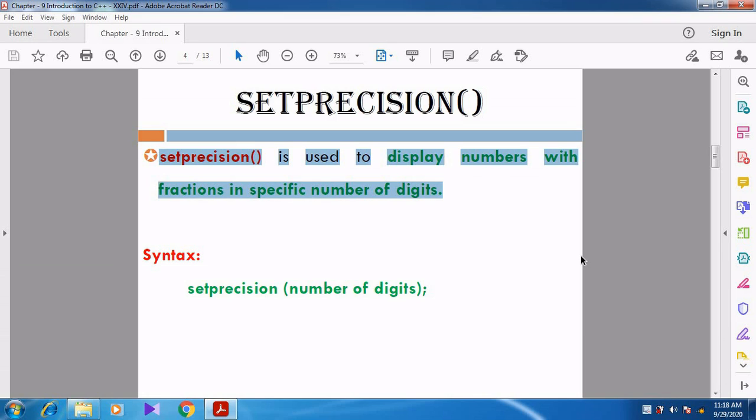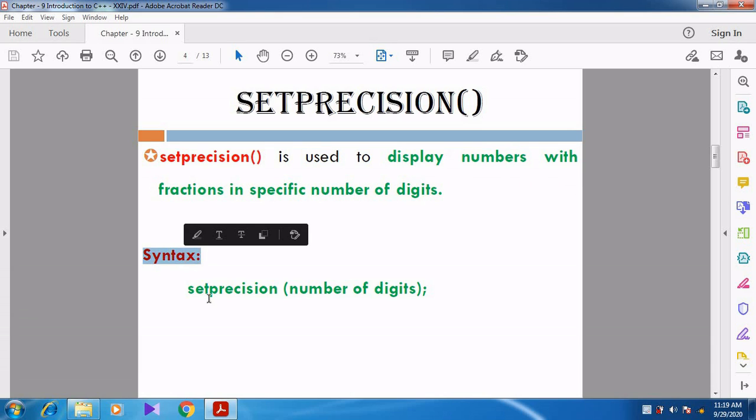We set how many digits we want to be displayed. So how many digits you want to display in the output can be specified here.